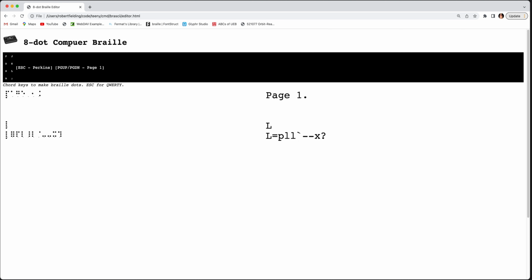Now I would say one thing about Perkins, it kind of depends on your keyboard. Like I can do this, but if I try and do all 8, I can do that, but I can't do every single dot all at once. And because of the way this works, there is a dot pattern for every single byte, but you have weird issues. Like if you do that, that is literally a null byte. That's like a literal ASCII byte 0. So it's kind of interesting that I can actually type every single byte, all 256 characters,